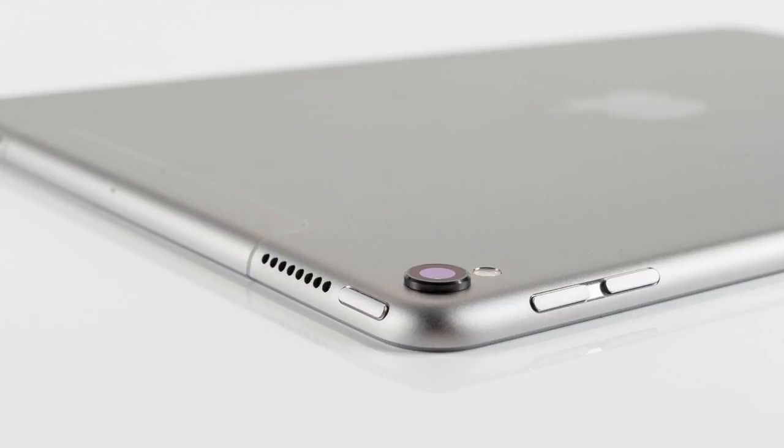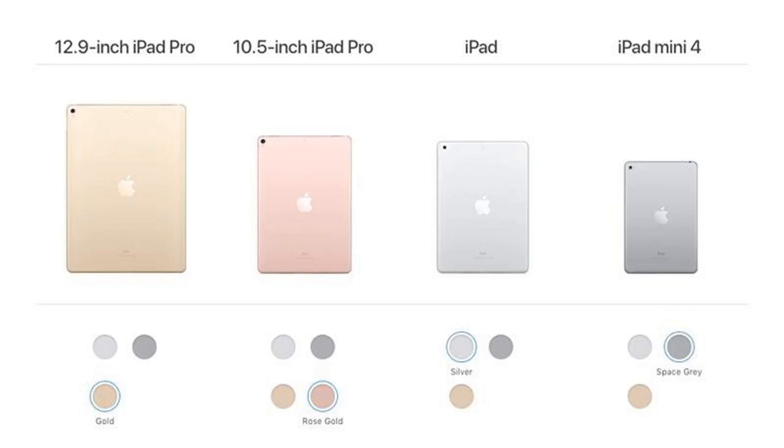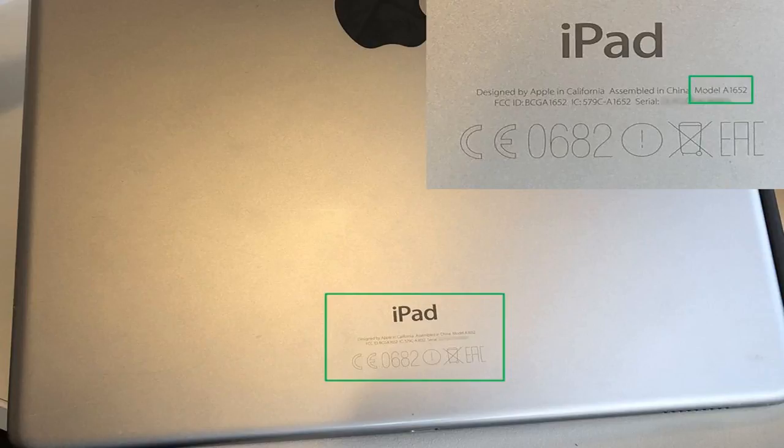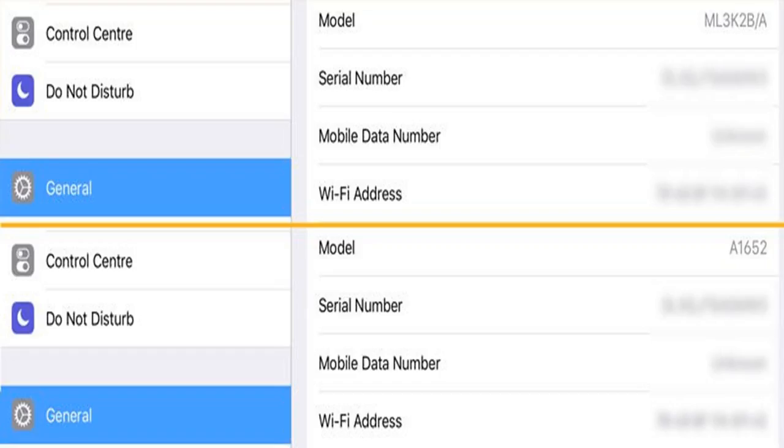Lightning port. Smart connector on the left hand side. Available in silver, gold, space gray, black or rose gold, pink. Retina display. 4 speakers. Introduced June 2017. iPad Pro 12.9 inches 2017, aka iPad Pro 12.9 inches 2nd generation, A1670 Wi-Fi, 1671 Wi-Fi cellular. Large screen, 12.9